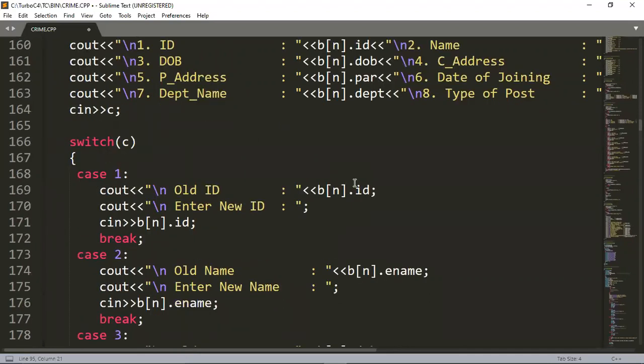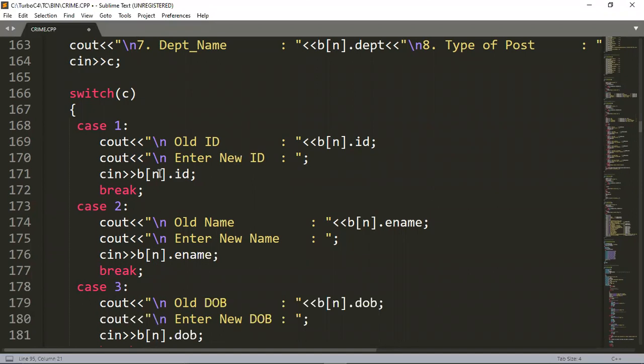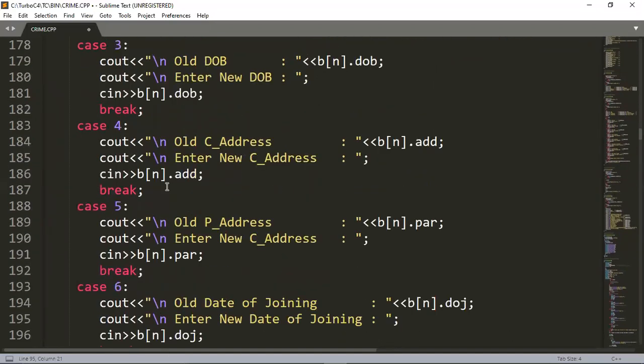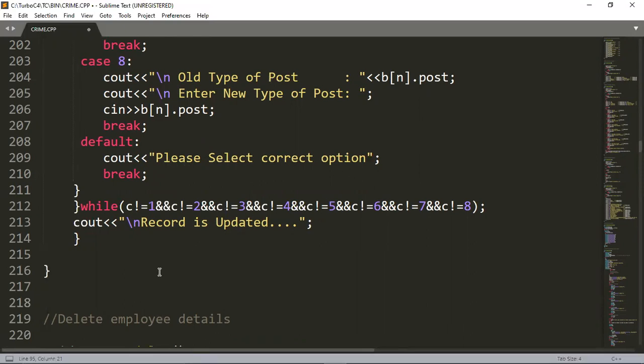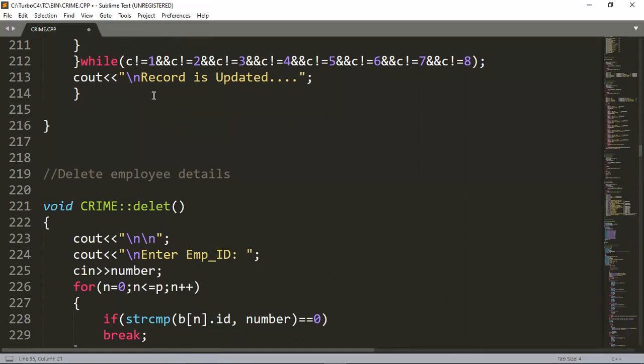We have to enter the old ID, and if the old ID is matched, then we will ask to enter a new ID, and then the new ID will be updated into that object array. Suppose that ID is not matched, then we will have an option that is please select correct option. Next, a message will be displayed that is record is updated.